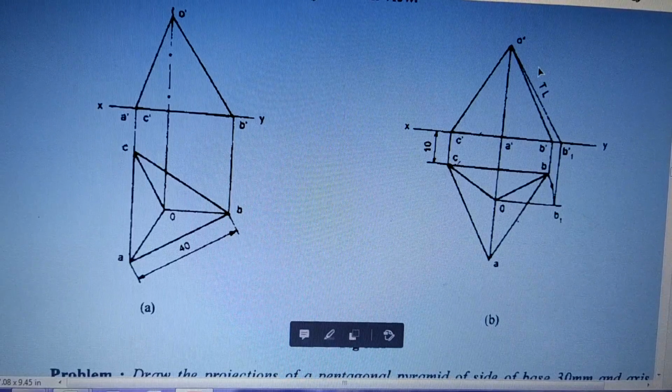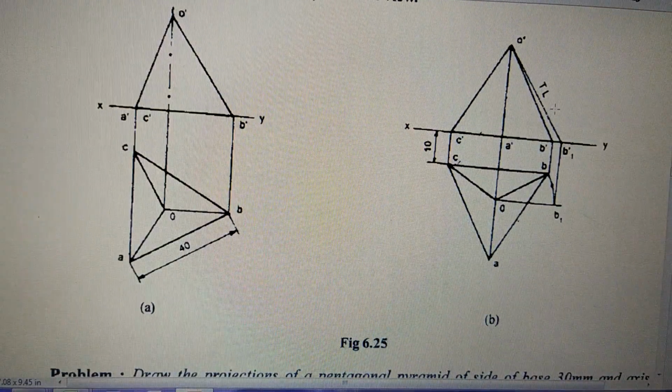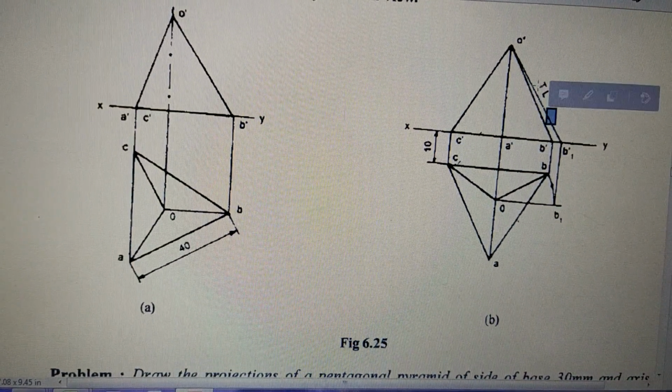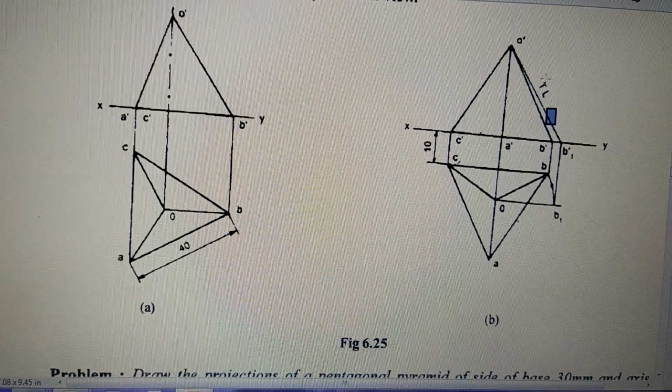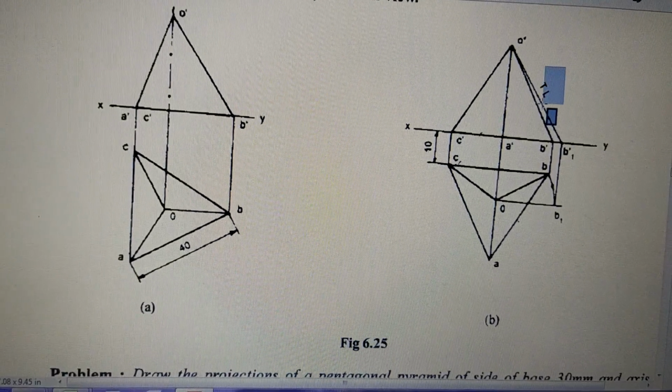So what will happen is these two lines written here, TL, and this additional line that is drawn here, have certain meaning. This TL has got certain meaning, but that is going to go out of your syllabus. So I am just making some change in the question so that you don't have to draw this part.